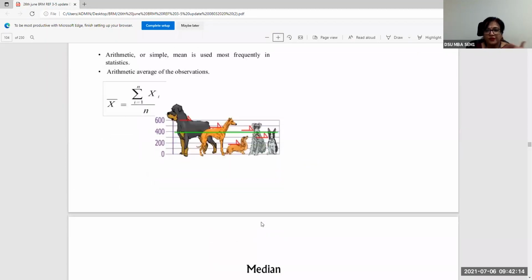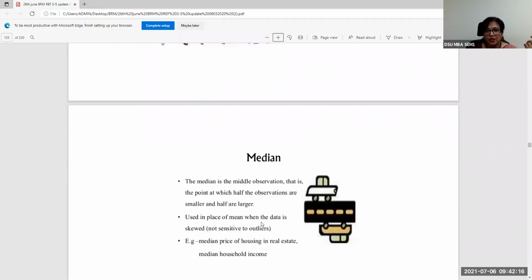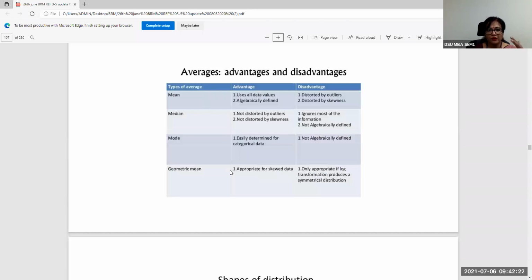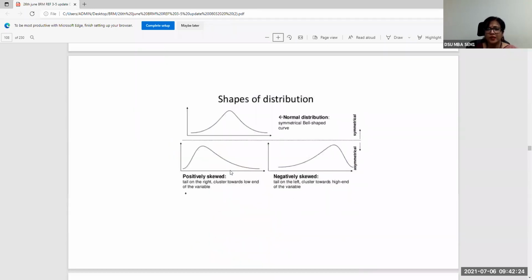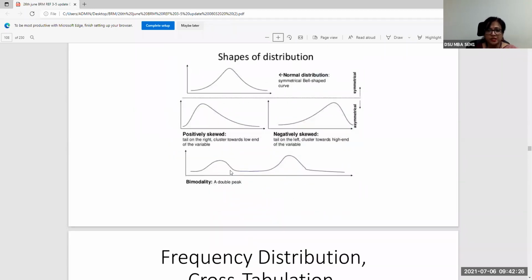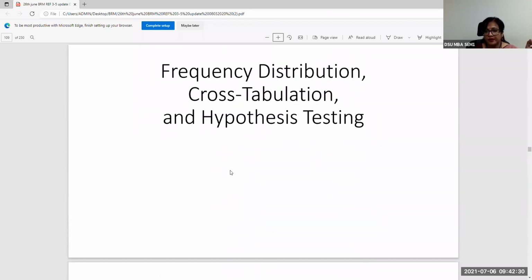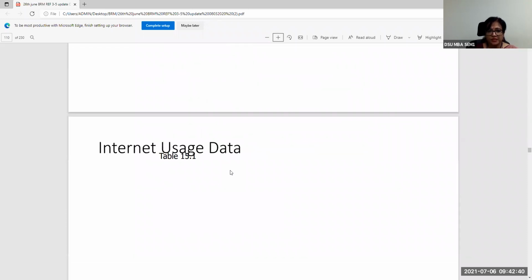So next set of the slides are mainly just a recall or a recap of what is mean, median, okay, mode and all that, and where you can do it, the skewness or kurtosis if it is required. And then let us proceed into understanding how at least the bivariate ones, bivariate and multivariate, begin, which is the frequency distribution, cross tabulation, and hypothesis testing.